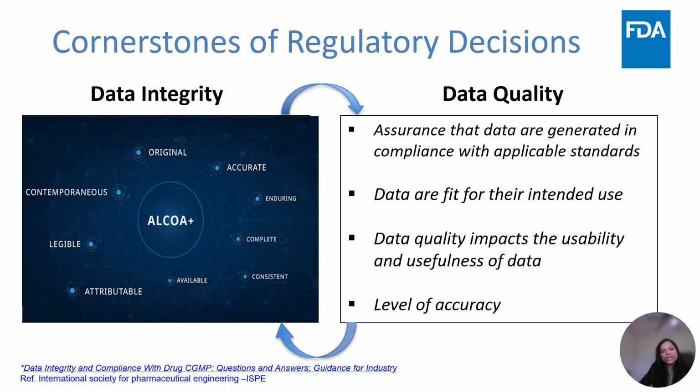There are two main regulatory cornerstones, data integrity and data quality. Under data governance systems, data integrity and data quality are interdependent as data integrity assures the data quality. Data integrity refers to the validity of data in terms of complete and accurate, while data quality refers to how good your data are. Quality should be built into the product, not achieved by testing the products again and again.